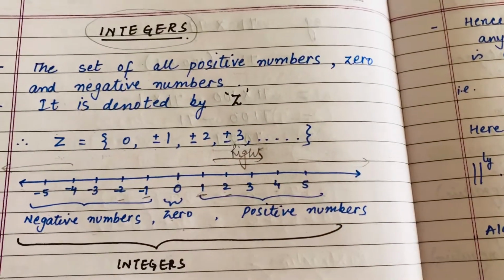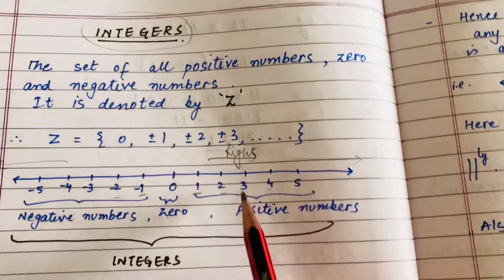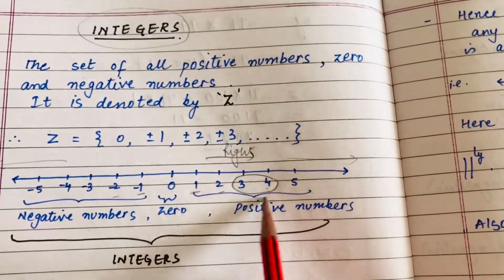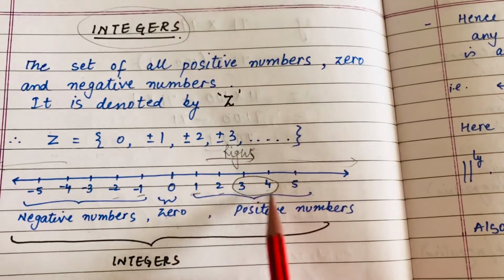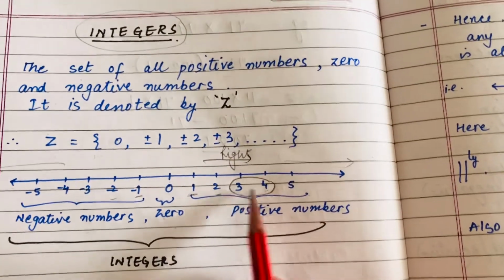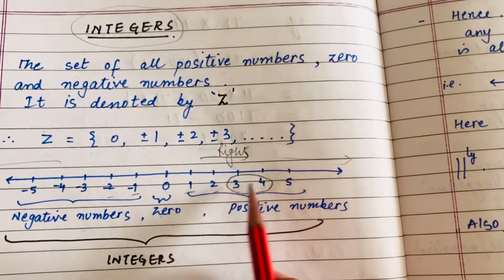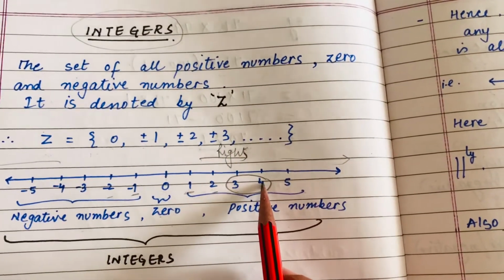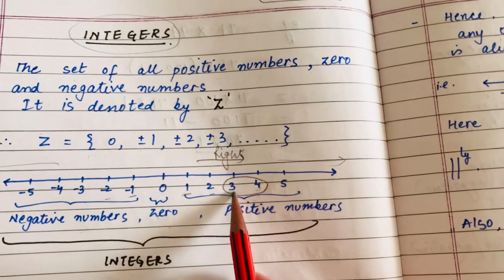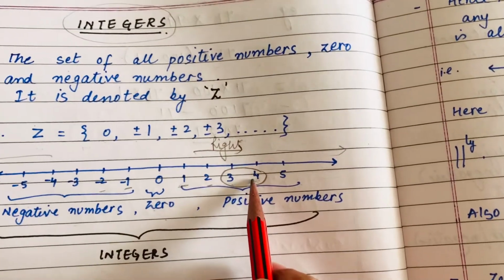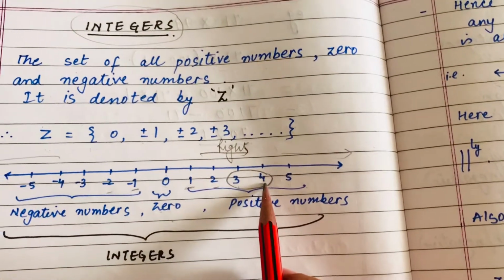One more important thing which you can observe. Let me compare these two numbers, 3 and 4. Can you tell me which is greater out of these two? Right, 4 is greater than 3. Can I say that 4 is greater than 3? Because there are two things. First, 4 is a successor of 3, or if we check on the number line only, 4 is towards the right of 3, that's why it's greater.